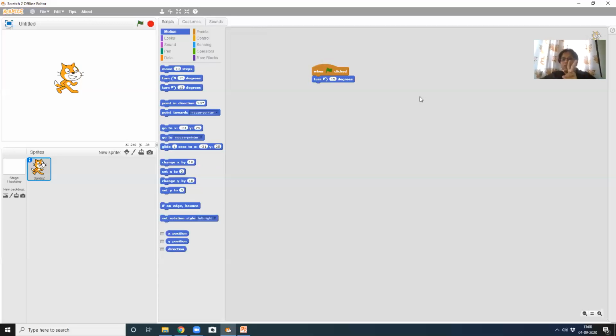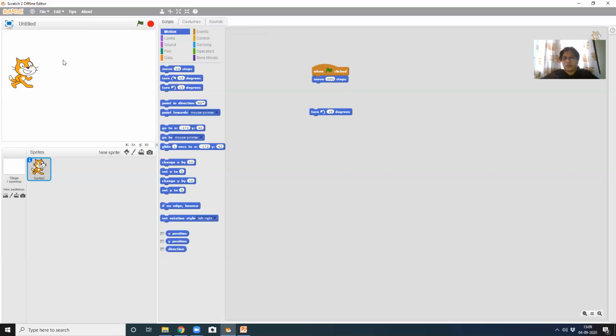Whatever two blocks we have learned, right? We have learned about moving forward and we have learned about turning. So let's combine these two and see how it works. Okay, I'll keep my sprite here and I'll just remove this one, motion. I will put move also here. Okay, so I will put it as 200. This is what we have learned, correct?